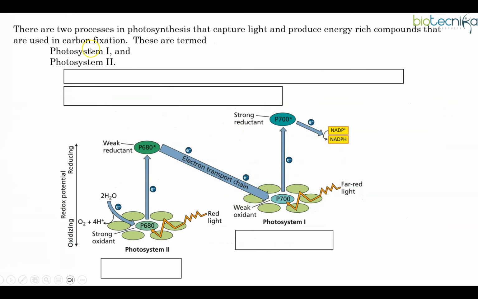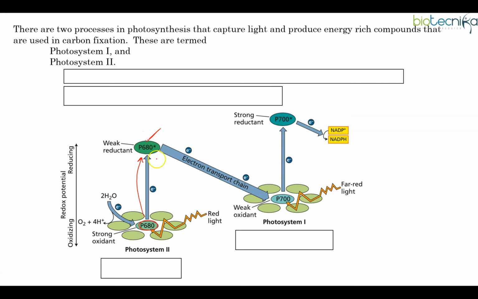Okay, so the two processes in photosynthesis that capture light and produce energy rich compounds that are used in carbon fixation are termed photosystem 1 and photosystem 2. If you notice over here, first we have photosystem 2. This is the reaction center, which is termed P680. Surrounding it are certain accessory pigment molecules. So finally the reaction center will get the light, P680. After getting activated, it will become